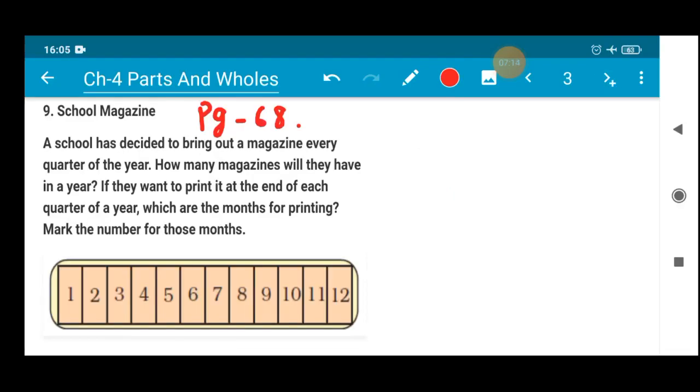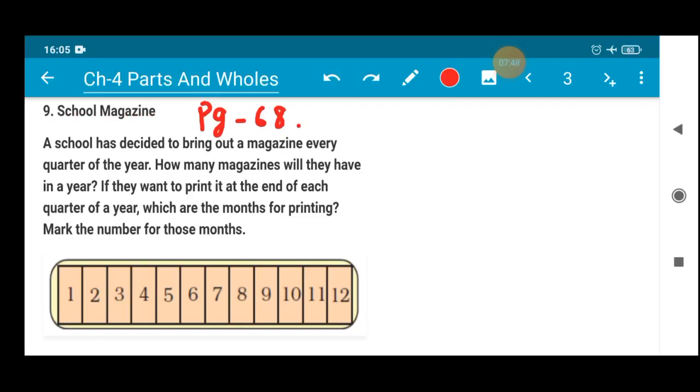Alright, so in today's session we will not only cover that, we will also cover, on page number 68, the school magazine. In every school, even our school and other schools, each and every school has a magazine, right? Each magazine has something related to the school, the instructions, the information regarding the school. So let us discuss what is in this school magazine.